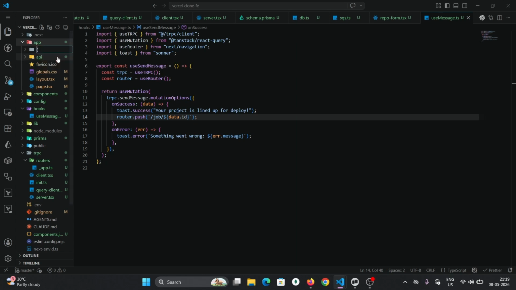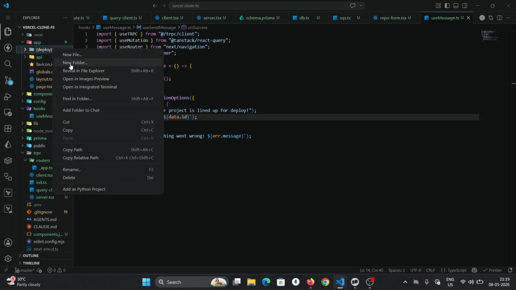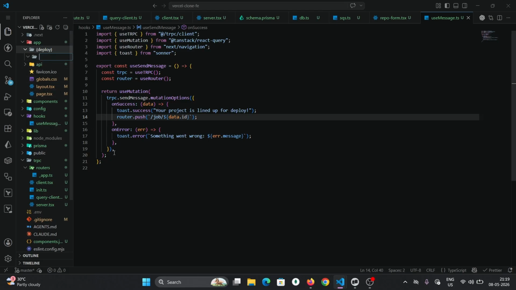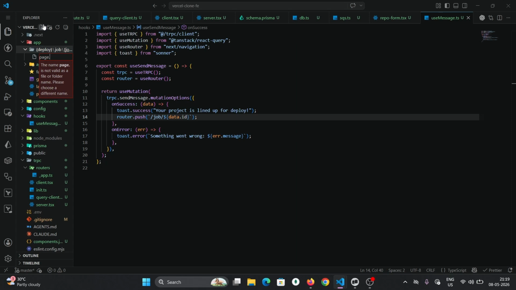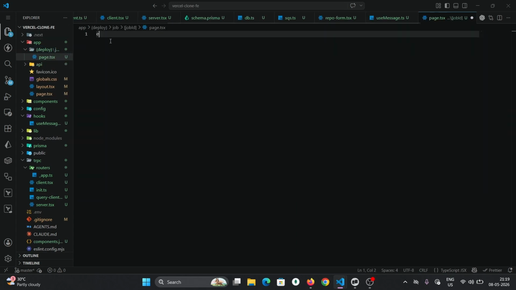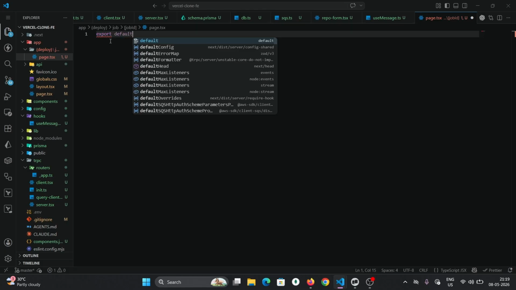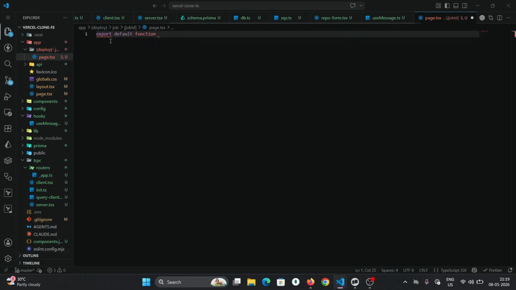Let's create a page, app, job, deploy. That's a dynamic route, it will not be accessible, but you can add more page routes in there. Job, add a jobId like this in an array, add a page.tsx,